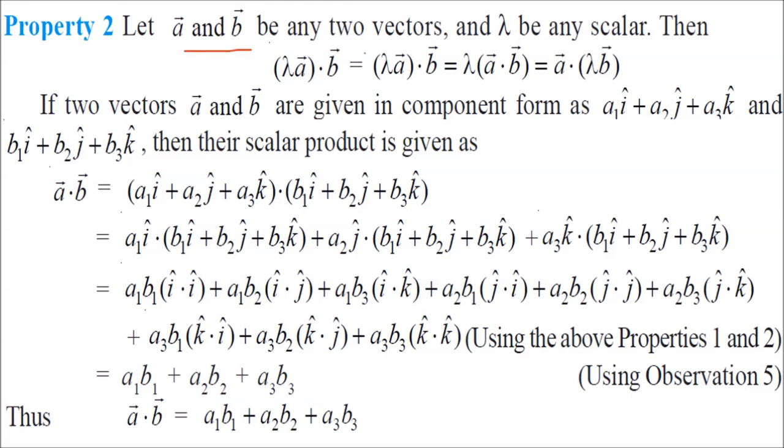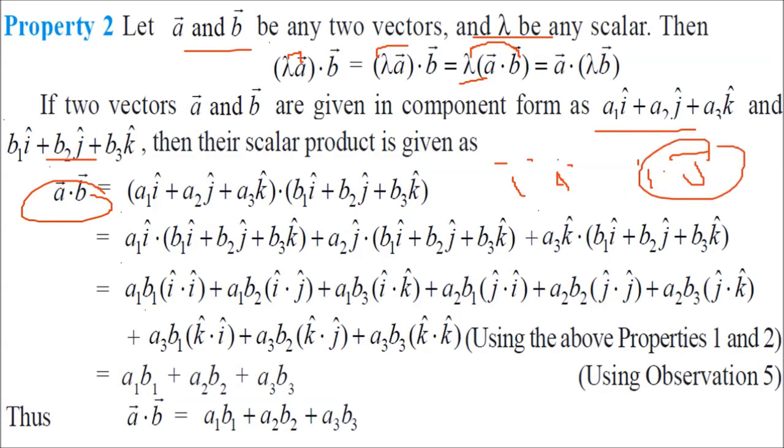A and B be any two vectors, and lambda is a scalar. So now you can multiply lambda A, lambda can be taken with B, because this is a scalar, so it can be multiplied by anyone. So if this is A, this is B, A dot B, you will get i dot i somewhere, you'll get i dot j somewhere, j dot k somewhere. So wherever this comes, make it 0. Whenever i dot i comes, make it 1. So ultimately you'll get a1 b1 plus a2 b2 plus a3 b3. So A dot B will be a1 b1 plus a2 b2 plus a3 b3.